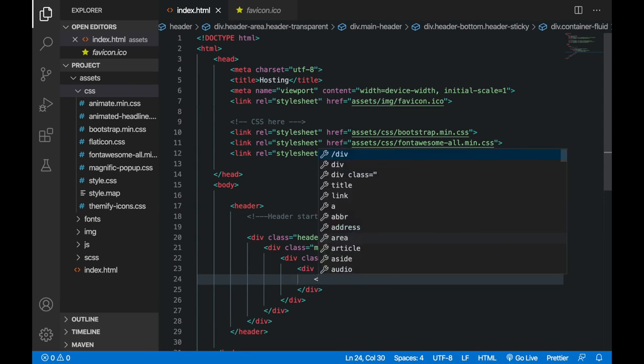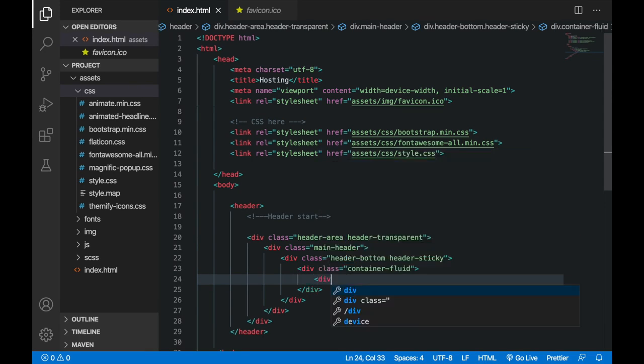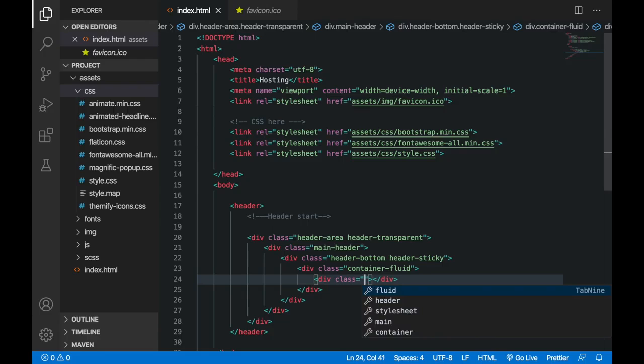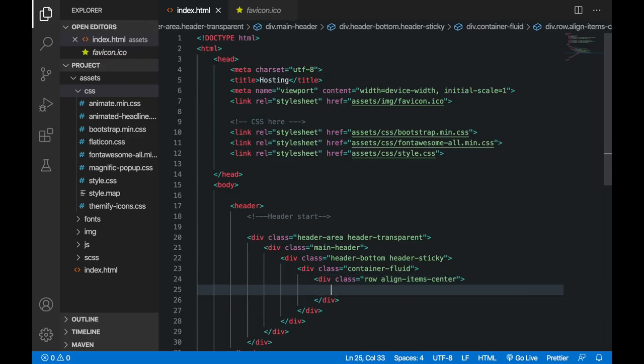And I'm going to make a row, and for that I will again make use of this div container. So class equals row, and row is a bootstrap class. So it is going to associate some already written CSS code to it. So align item center, this is also a bootstrap class, and it is going to align all of these contents of my row at the center.